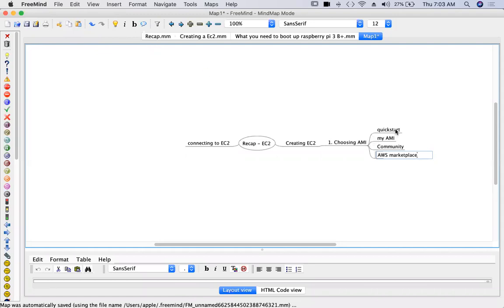Quick Start has more of community AMIs. Amazon Linux is one community. Ubuntu is one community. Fedora, CentOS, Red Hat. So all community AMIs you can go and see here. And AWS Marketplace also has AMIs created by enterprises. For example, say Cisco, Oracle,